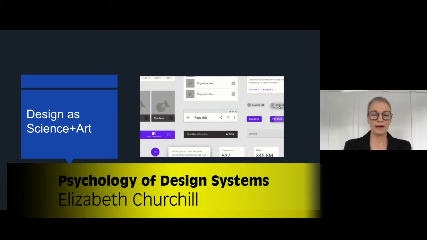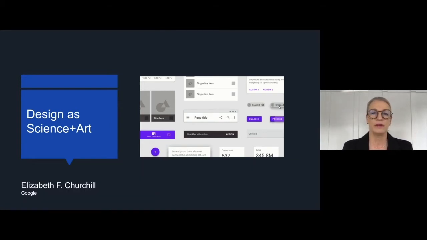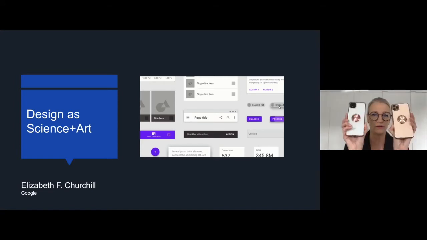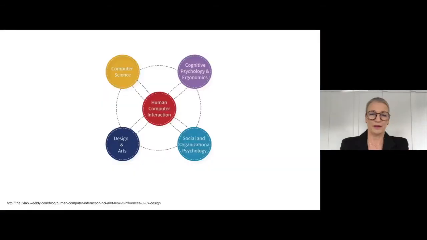Today, I'm going to talk about the work that I've been doing in a team. I set up a research team for material design, and I'm going to tell you a little bit about what material design is. And during this talk, you are welcome to use or look at your favorite device because it'll